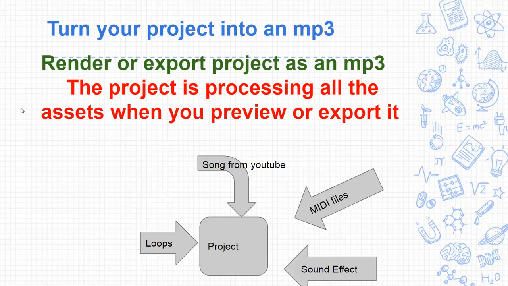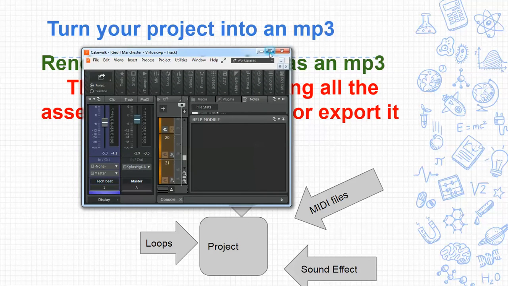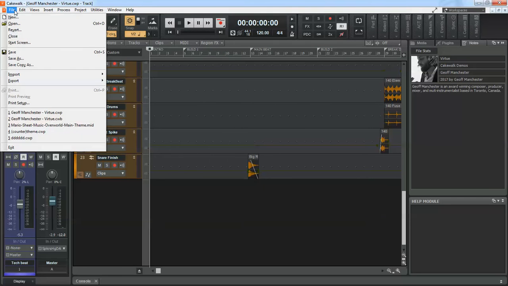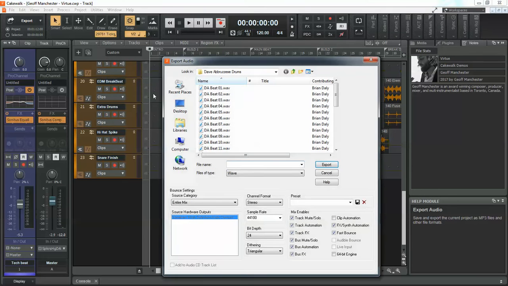So that's why sometimes when you hit play, sometimes it goes fast, but sometimes when you hit play, it actually lags because it's not actually just playing a finished song. It's actually having to think about it and figure that all out. And like, oh, we got to replay this loop. Oh, we got to turn that MIDI into a piano. We got to turn that particular MIDI into a drum beat. So anyway, that's why sometimes it is slow. The other thing that can also be slow is when you export it. So for example, with this project, when we're done with it, we would export it as an audio file, and we're going to choose the best thing is to do it as a